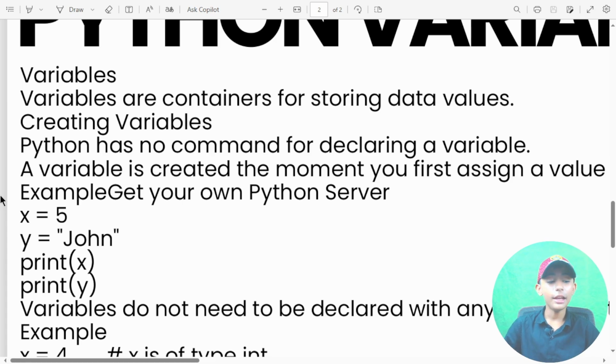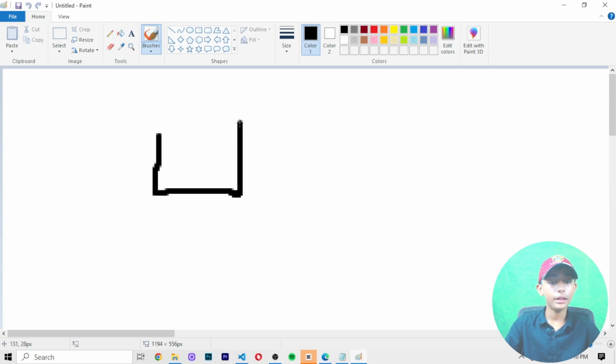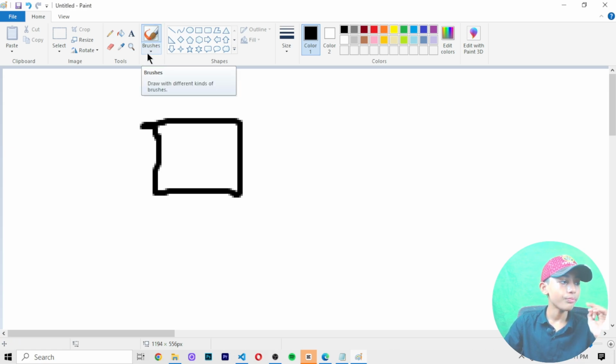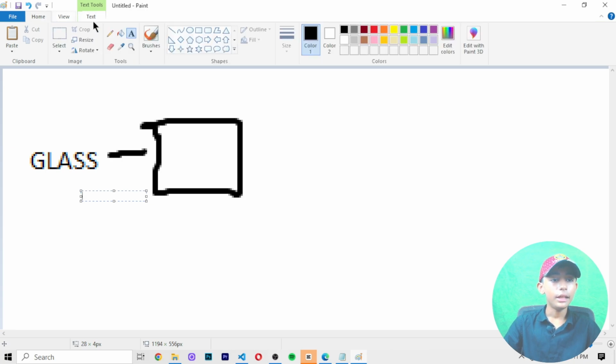Let me give you one more example. In Paint, I draw one glass, and in this glass there is some water.